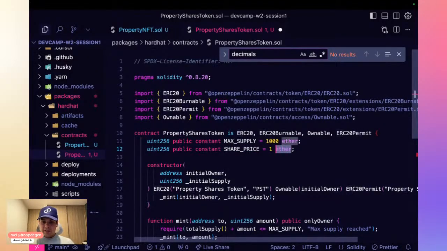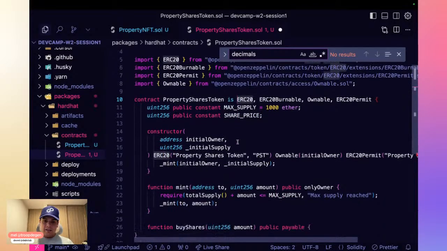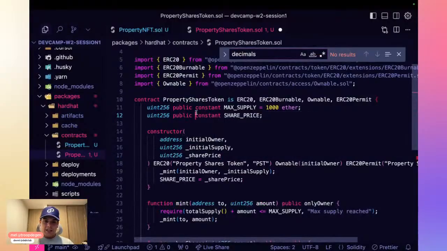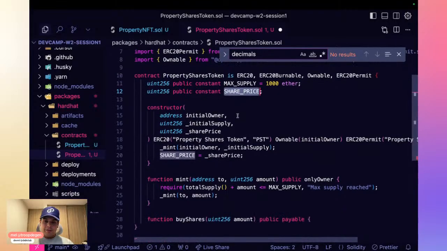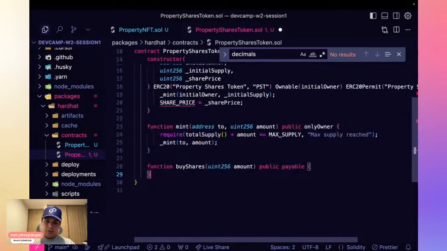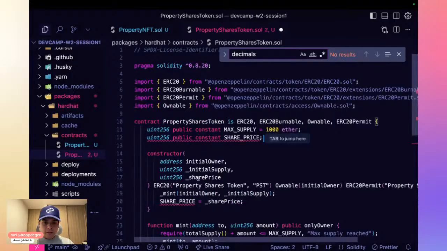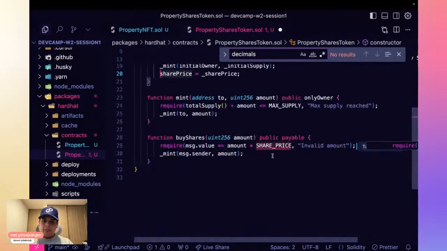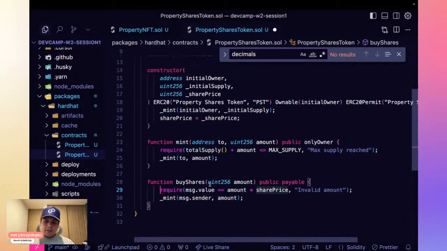However, I think it's ideal for this to be set in the constructor function, so we can initialize it. We can have this price initialized whenever we need to reuse this token. And whenever somebody wants to buy a share, the only thing that we would need is this. That's fine. Share price. So that's simple.